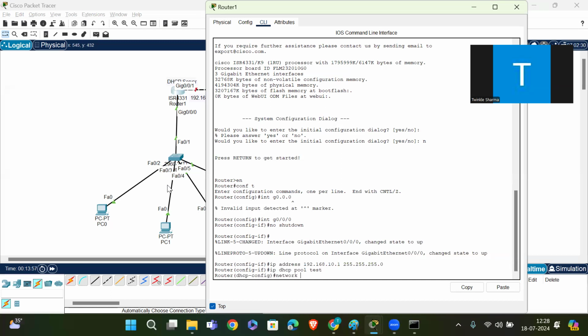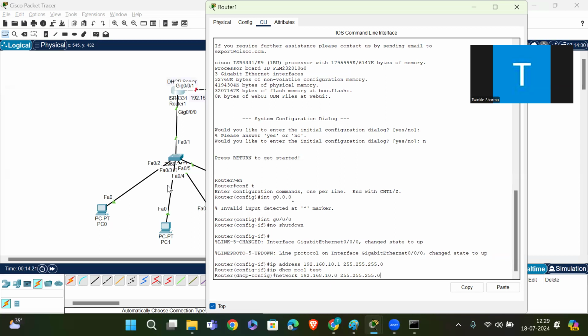We have allotted the IP address and created the DHCP pool test, but we have not yet allotted the network. So the network is 192.168.10.0 with mask 255.255.255.0.